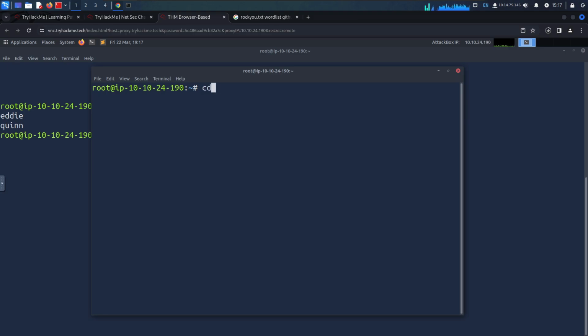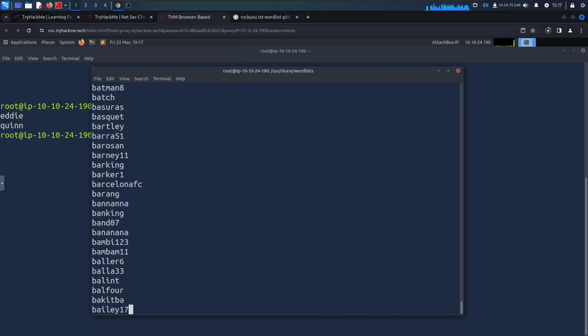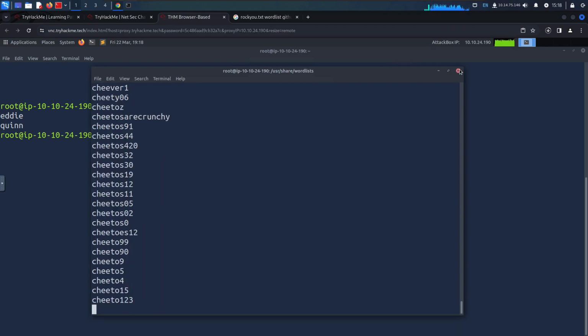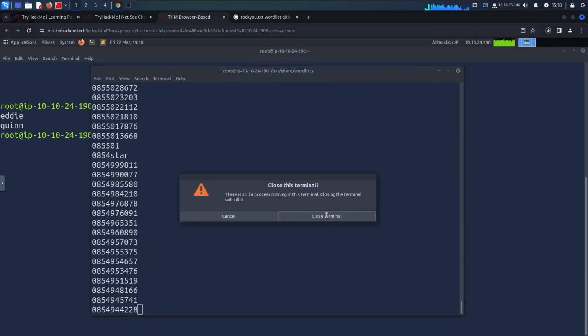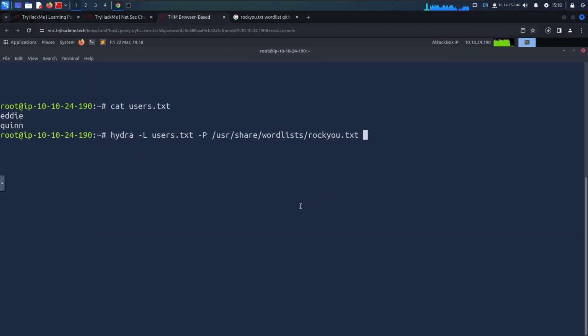So if I go into usr share wordlists and ls it, you can see I have rocku.txt, so you can just get rocku.txt. It contains so many keywords, so many names that can be used for brute force. So this is how it looks, this is what it contains. After this I'll just close the terminal, and now I need to use